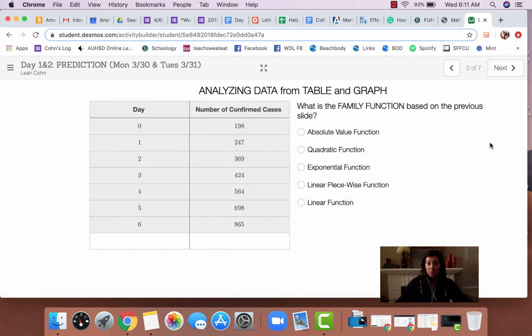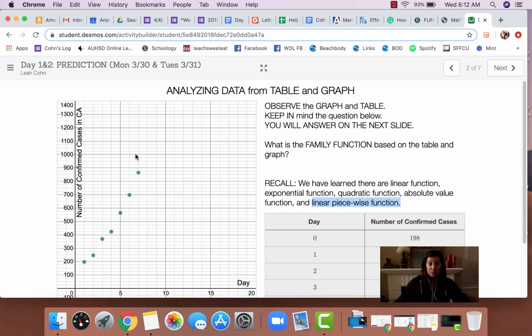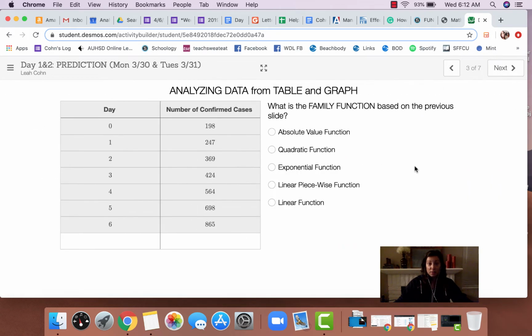Okay. Now we need to analyze and tell Miss Wynn which one we think it is. So again, when we looked at that table, what did we see this doing? I'd answer this question here, whatever I think the answer is.